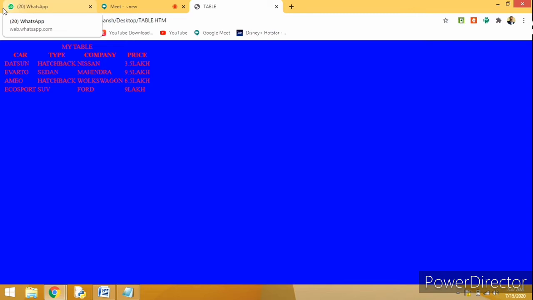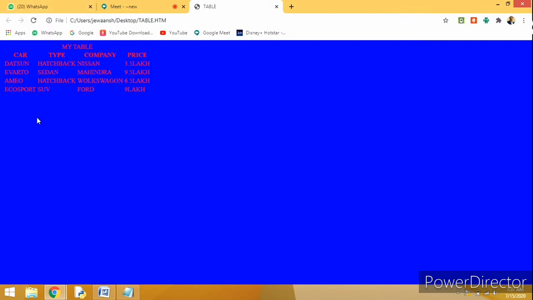No. As we know, our table should be in the form of rows and columns. Just now we have learnt that, so we have to generate the table in form of rows and columns.